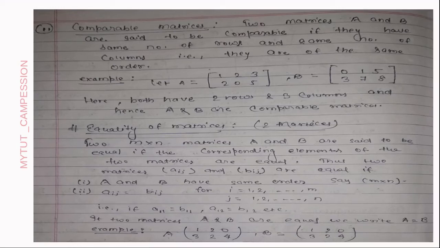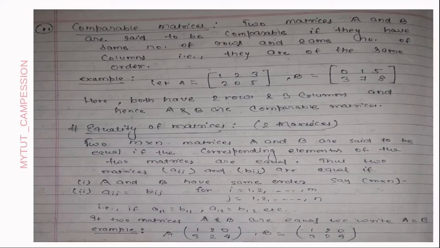That means if the element of the first matrix is A11, then the element of matrix B is B11, and they are equal. In this way, all elements of both matrices are the same,